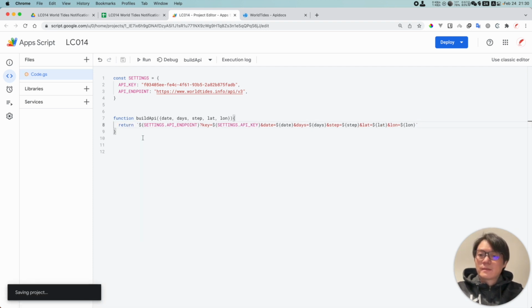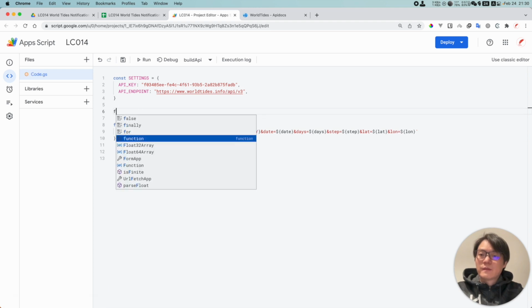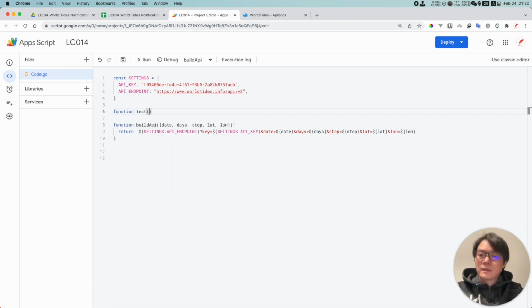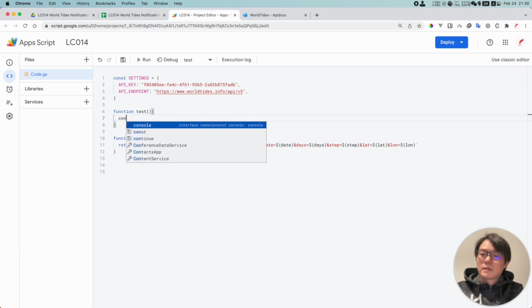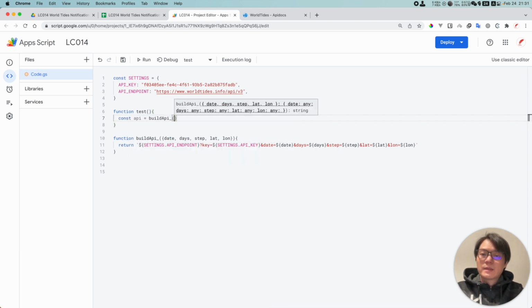All right. So function test. Let's make a test function, and let's say const API equal to build API. So we pass the date is going to be new Date, so right now is the time, and the days